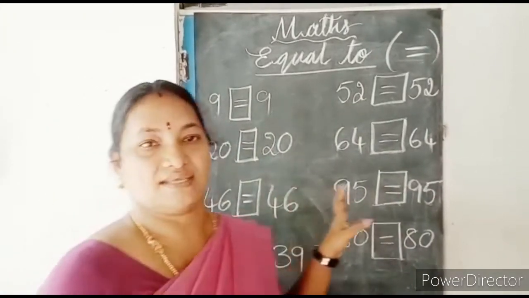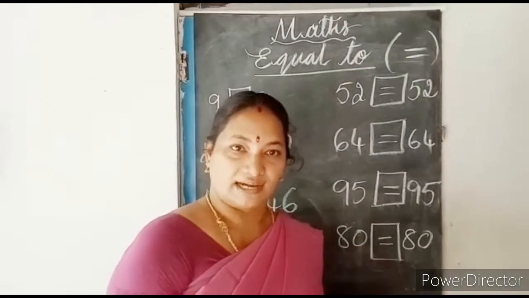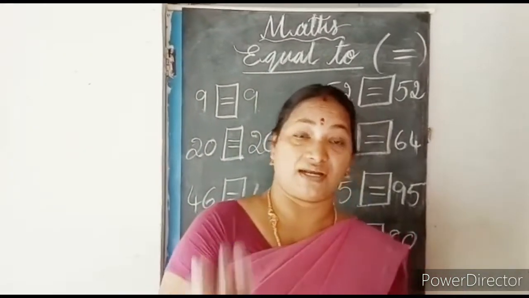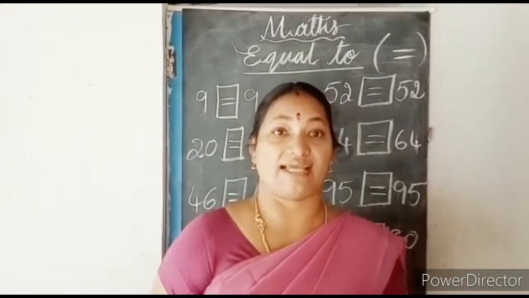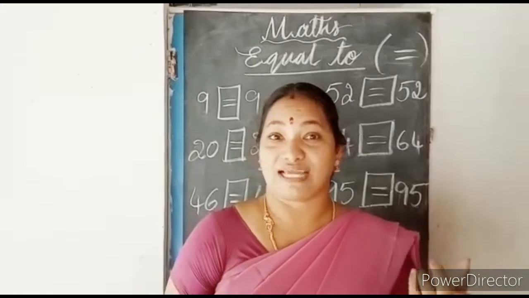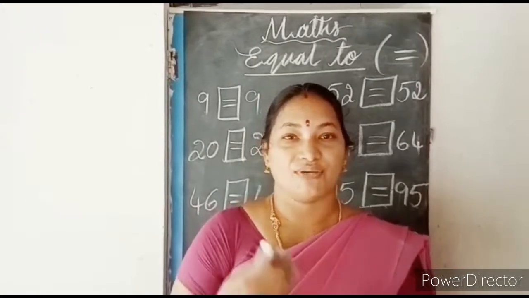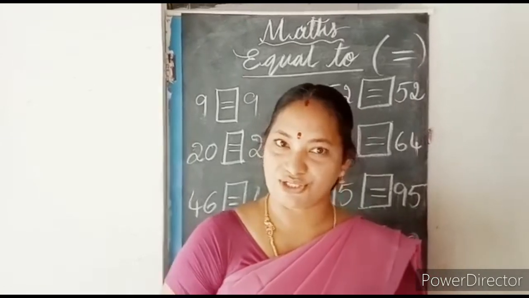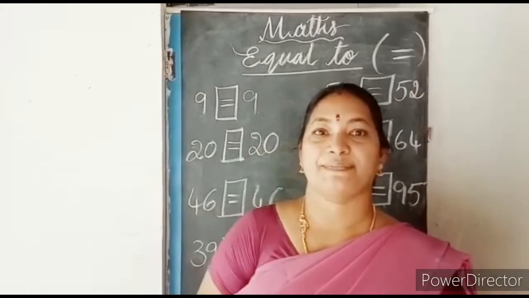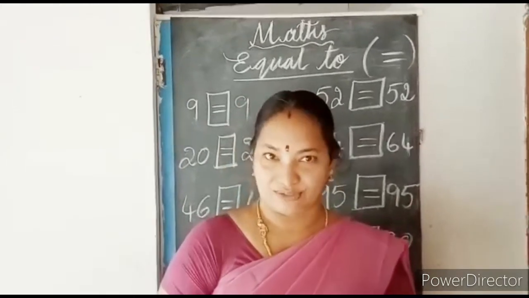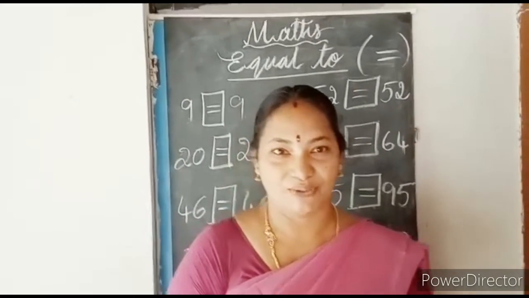This is very easy to find out, equal to. For greater than and less than, you have to search for the number which is greater and which is smaller to put a sign. But when it comes to equal, it's very easy because both sides will be the same number. So very easily you can put the sign of equal to. Yes or no, children? So this concept, now we are going to do in the textbook, workbook and classwork. So come on, let's go and do the things.